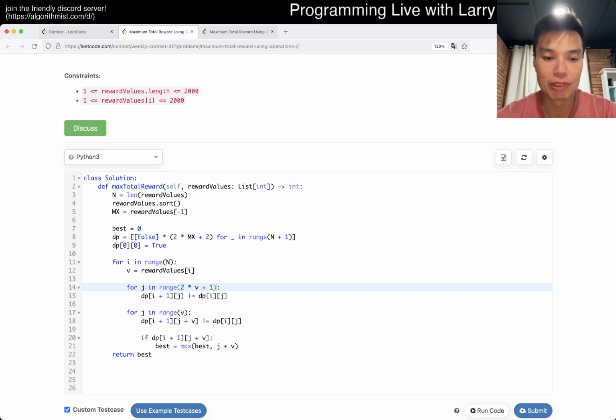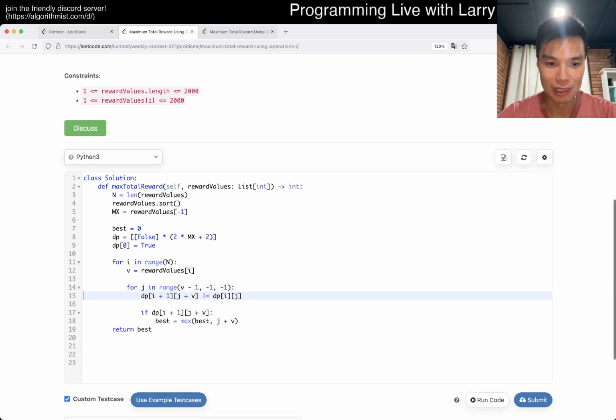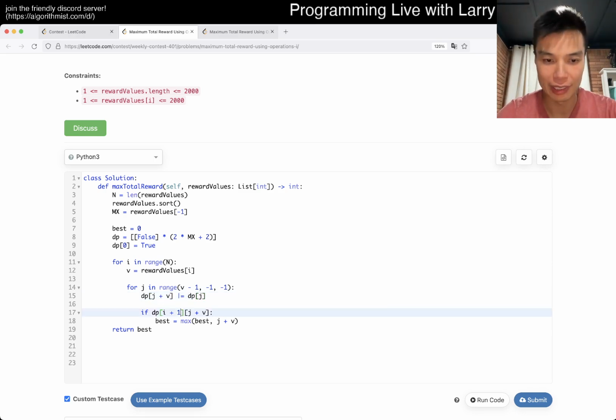Another way that you could do this is actually really clever, is that you can do it with one array. So you don't do this, you just do this. The way that you do it is noticing that this only goes up. So as long as you do it in reverse order, then it is good enough, and you don't need this anymore. Because you do it in reverse order, you don't overwrite anything. You only do the things that